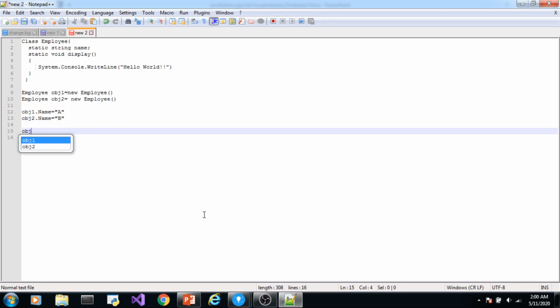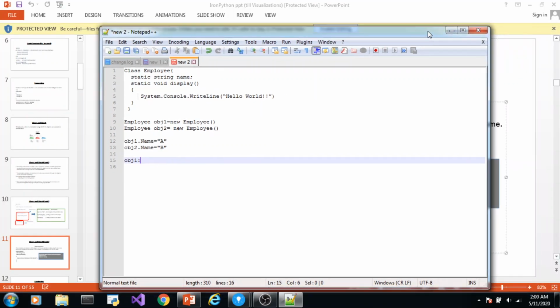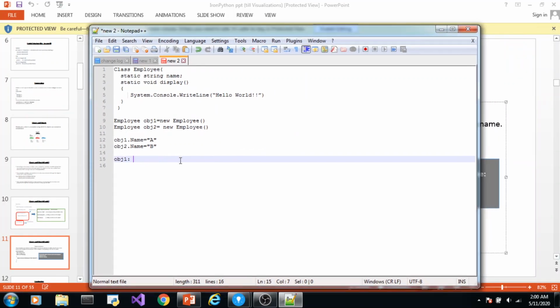So object 1 has variable name, and then object 2 has the same variable. These two variables are shared by these two objects.